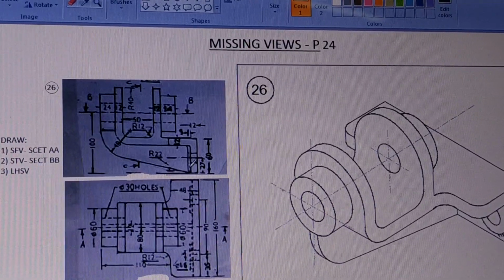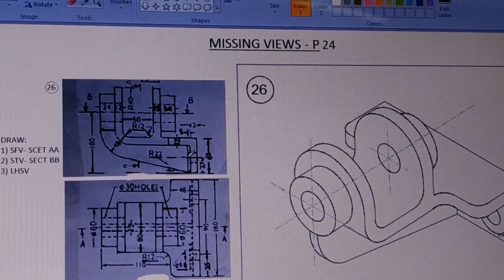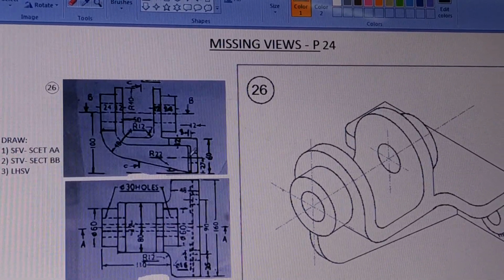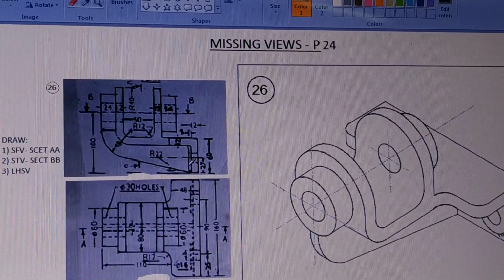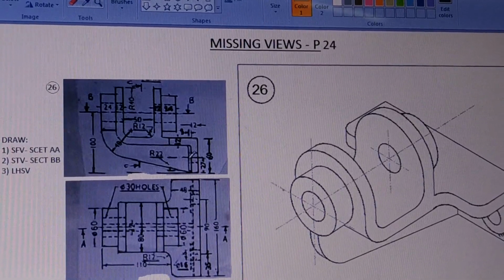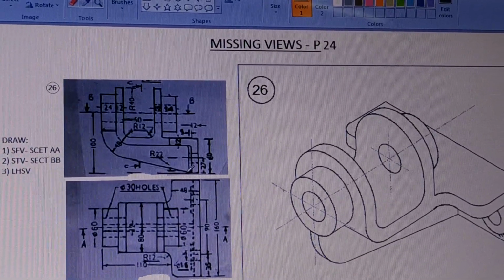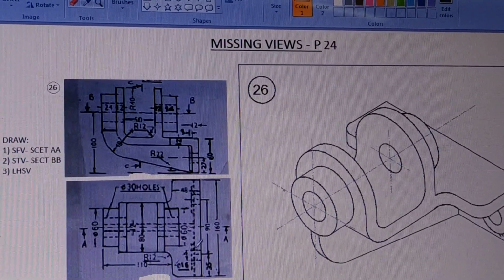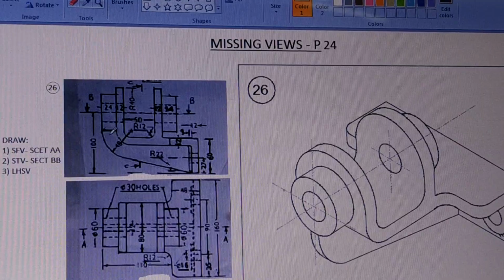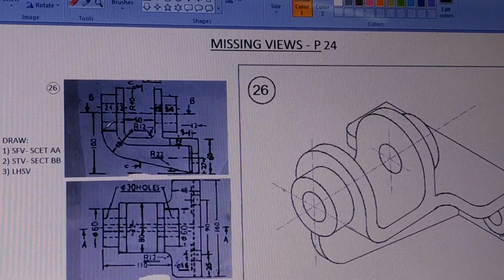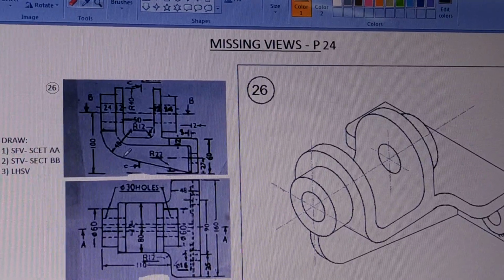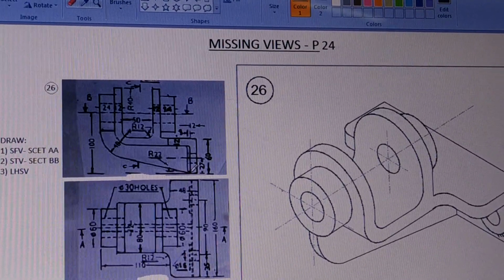That means this lower part is a semicircle, the upper part is a straight line. So accordingly you can see how this shape is prepared. 3 mm raise and straight up to here, and then the curvature up to here. So this is a raised surface with a hole, and there are two such holes. Then the other thing is there is a rib. As you can see here, there is a rib which extends right from the lower end of this cylindrical shape till the vertical rib over here.